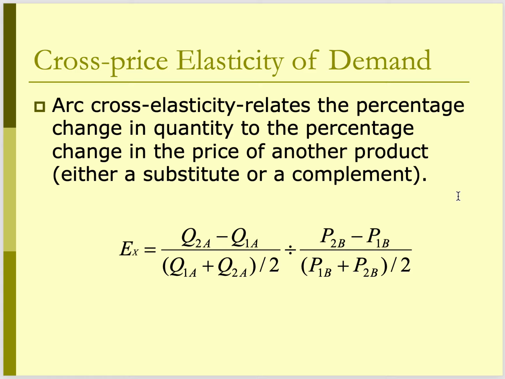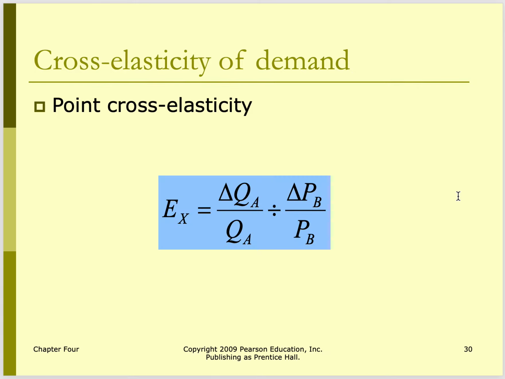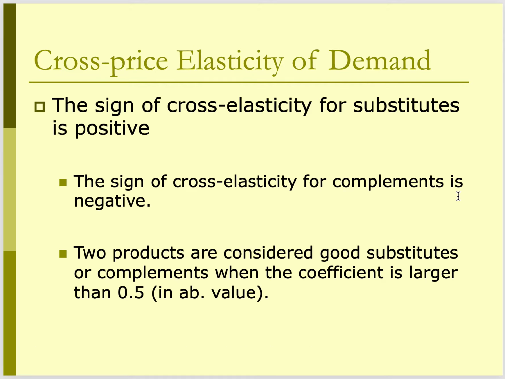So if we look at it, it's the same kind of formula. So we got the percent change in quantity of A versus the percent change in the price of product B. You can look at it this way as well. Percent change in A is the change in quantity A divided by the midpoint quantity A, divided by the change in price of B divided by the midpoint of B. So the cross elasticity of substitutes is positive. If the number comes out positive, that means